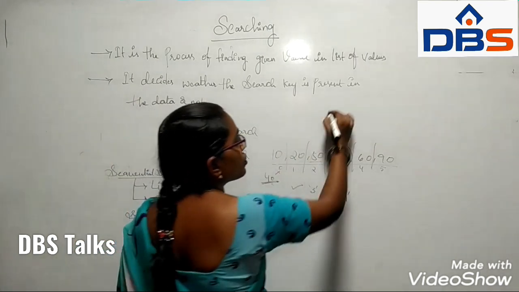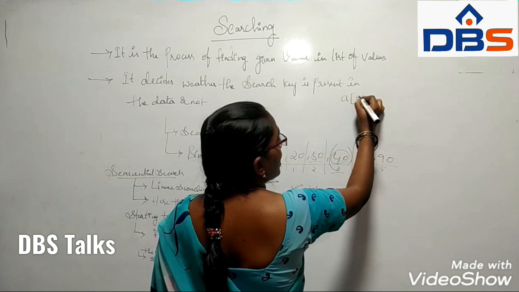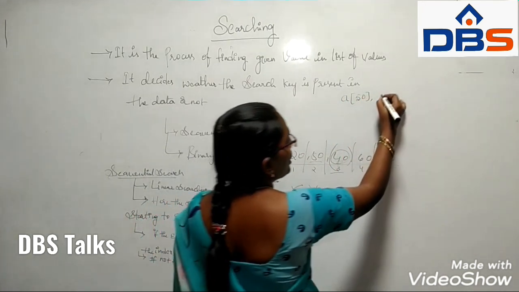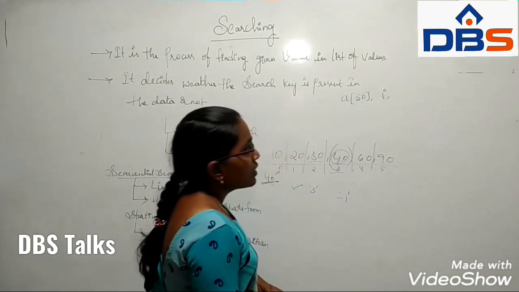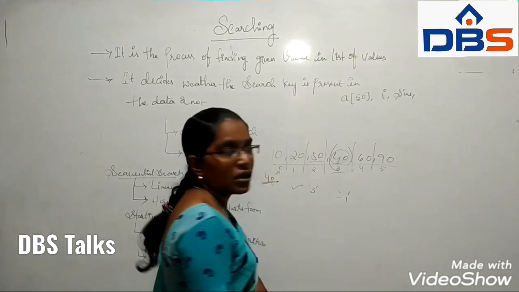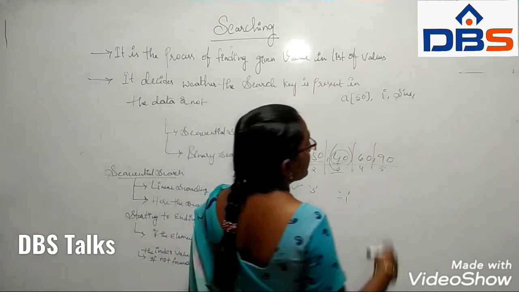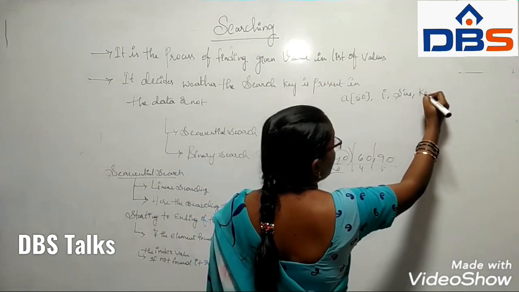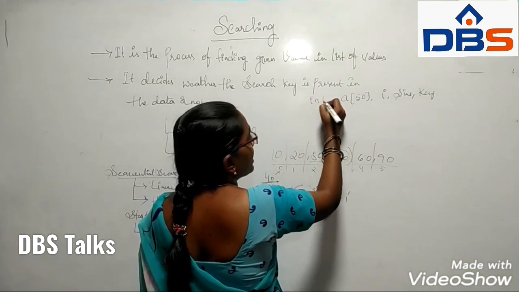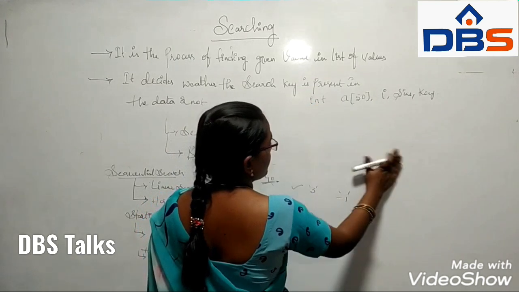We need an array to store the data, an array of size 50. Next, to initialize the loop, we need an element I. Here we need the size of an array, so we have to declare the variable size. The next one is the key element that we are going to search. These are the things that we are going to declare in the programming language.